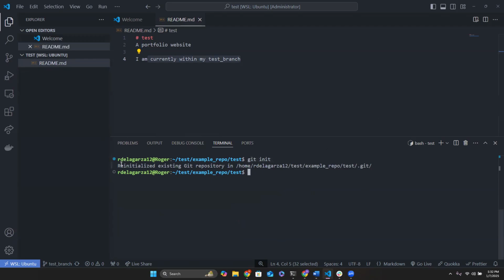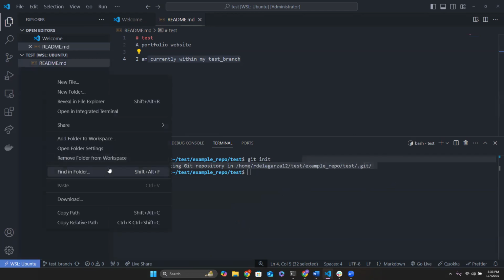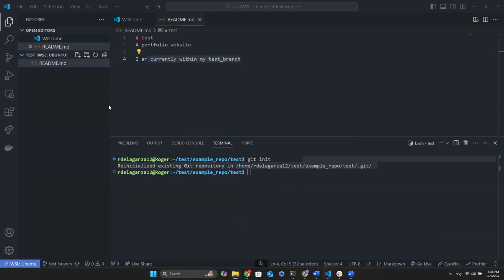And as you see here, it reinitializes your Git repository. Now, this actually creates a folder on your virtual machine, and you can kind of see where it's telling you that it's creating the folder, but I believe it's a hidden folder. I don't know if I can unhide it from here. If I do reveal and explore somewhere,